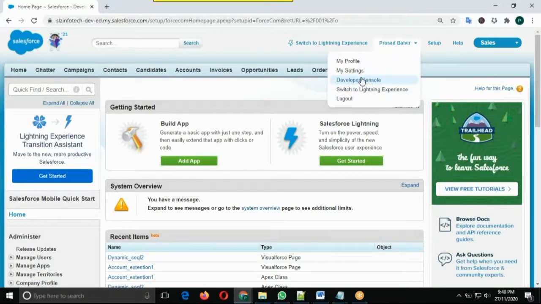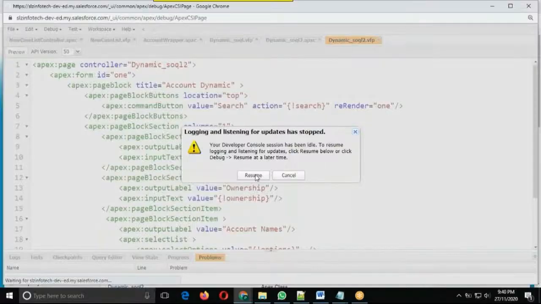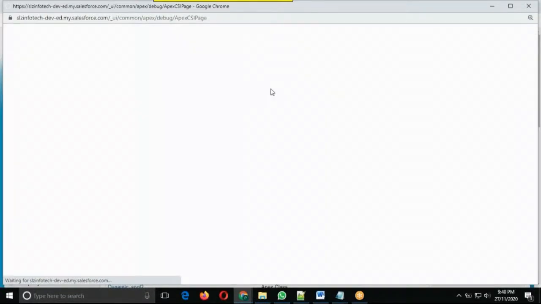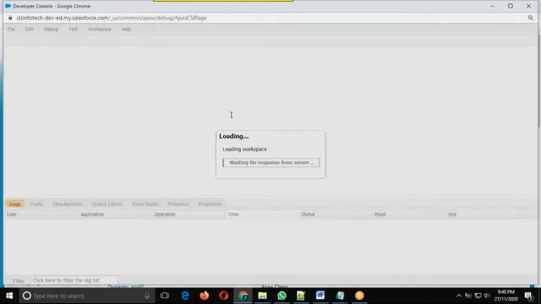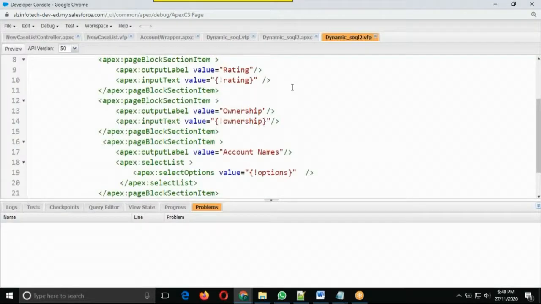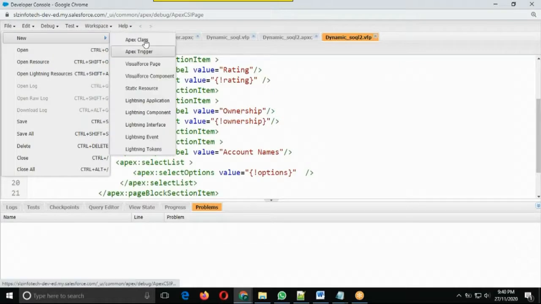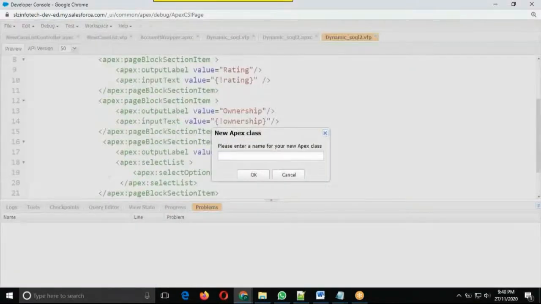Go to the developer console. Press plus. Then come to the